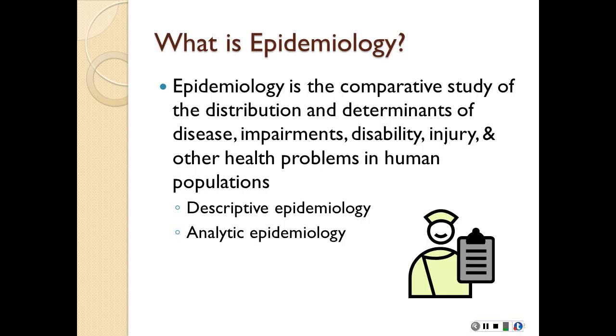Analytic epidemiology is really talking about relations. What are risk factors for particular diseases? Is risk factor A correlated with disease X? That's what we're talking about when we're talking about analytic. We're talking about actually making comparisons, looking at correlations in the data. Whereas descriptive, we're really just saying this many people are sick in this particular place at this particular time.